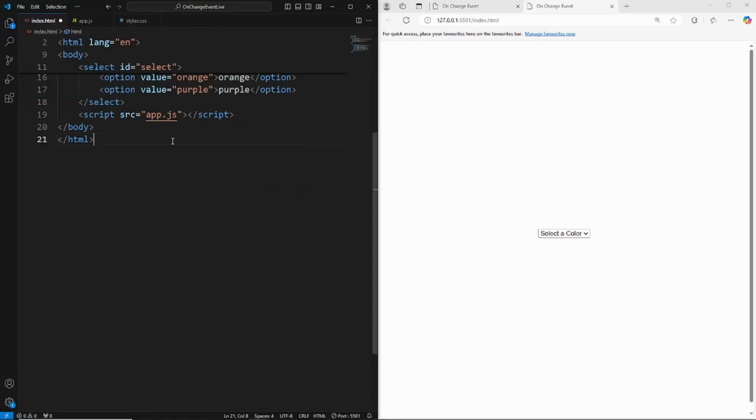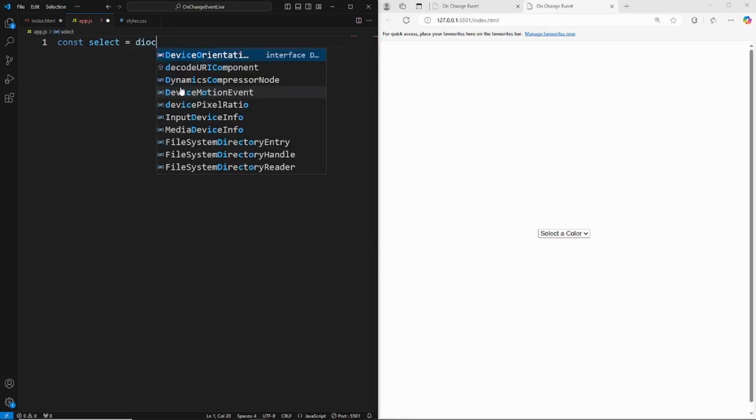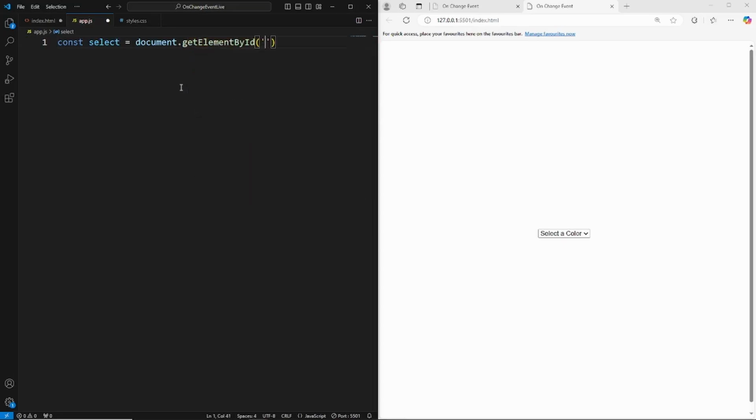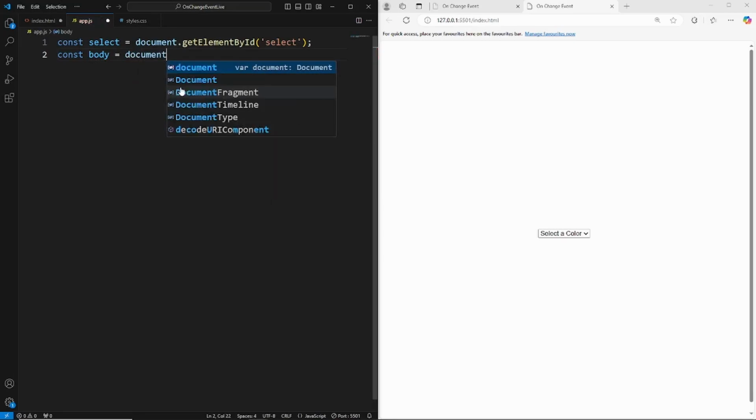So now we've linked that JS file, and this is just going to be really simple. We're just going to create two variables, one which is going to select the actual select element here, and then one that's going to select the body, which is going to allow us to change the color of the background. So we'll say const select equals document dot getElementById. This has the ID of select, and then we'll do one for the body, so we can change its background color or change the color of the browser window. So document dot querySelector,